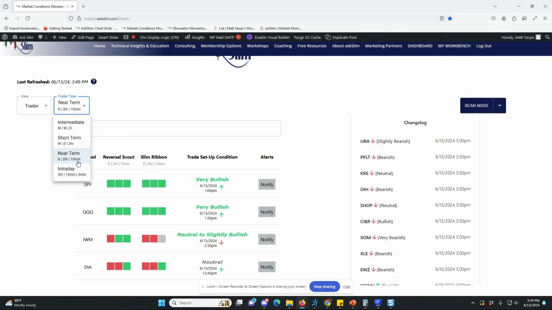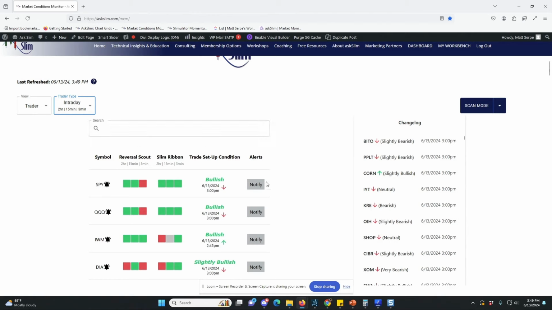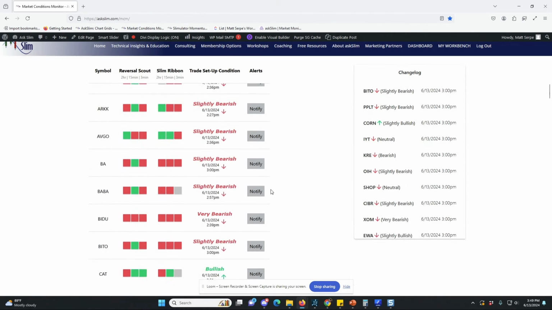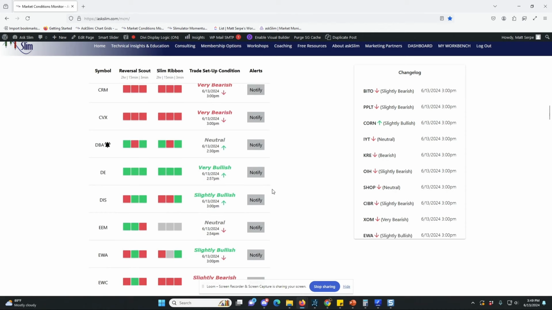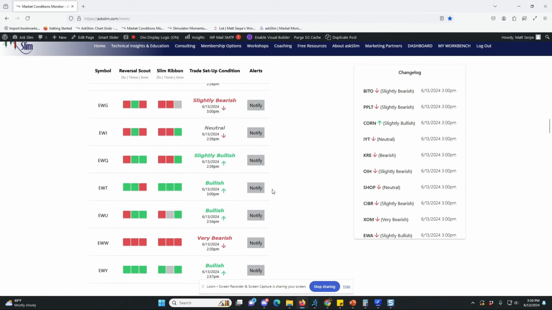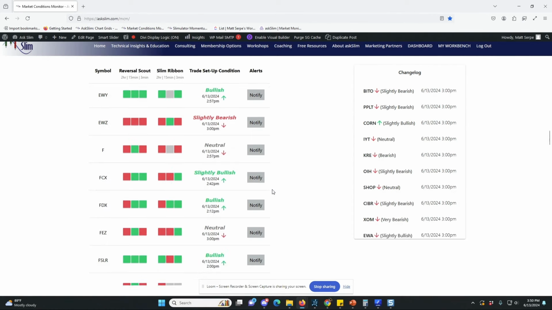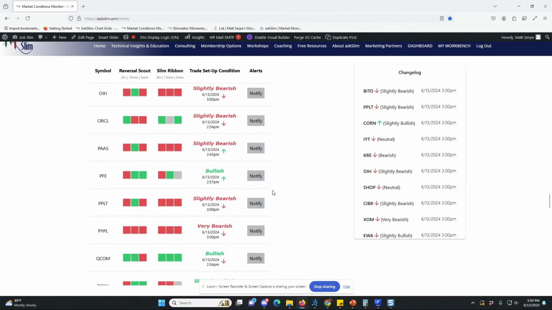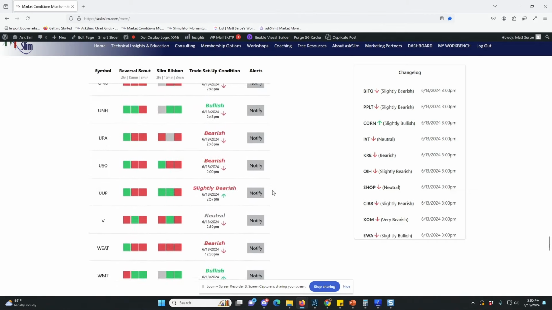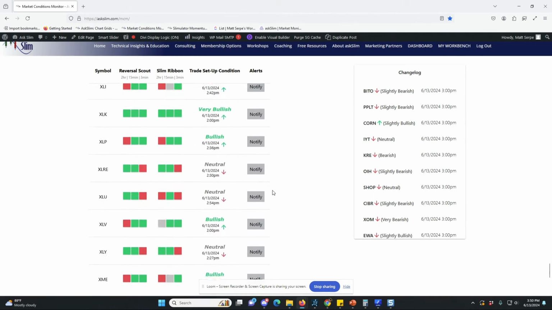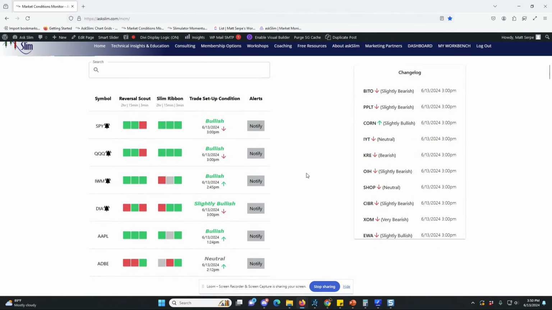adjustments. So for example, if I wanted to see what symbols were the most bullish, and we have over 115 symbols here set up in the Market Condition Monitor, and they are an awesome collection of stocks and ETFs covering everything from major indexes, major markets, to high-flying stocks and the top country ETFs as well. So again, there is a huge collection here of symbols that you can generate your trade ideas from utilizing the